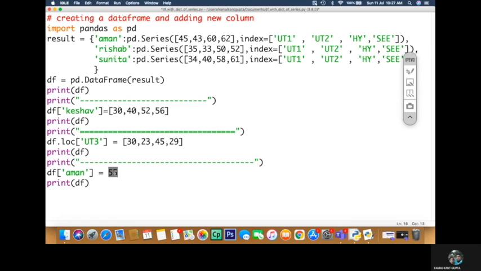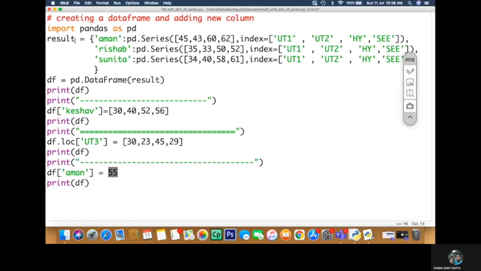So what will happen? This value 55 will be allotted to all the unit tests of Aman. For all exams attempted by Aman, the value will be 55.